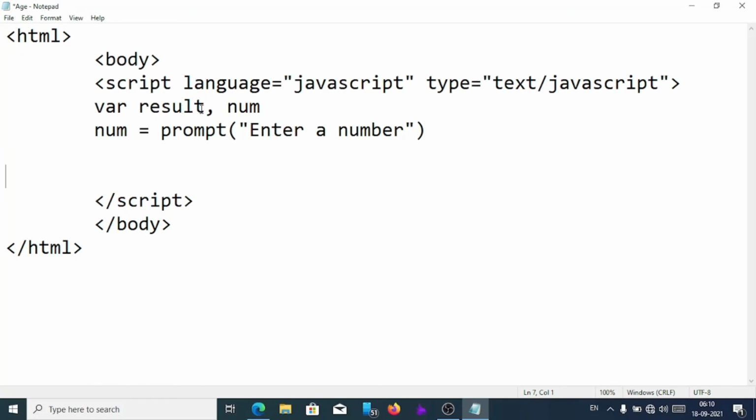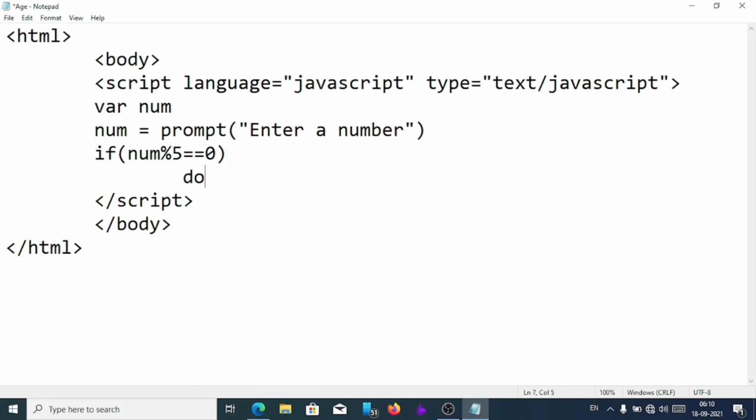First we'll declare the variable var result and number. Without a result variable also we can do this. Just we'll take one variable var number, num equal prompt enter a number. Now we'll check here condition if num modulus 5 double equal 0, means checking whether the remainder is 0 or not.